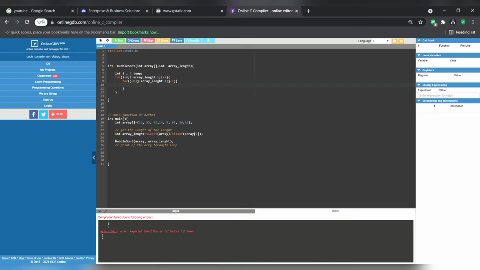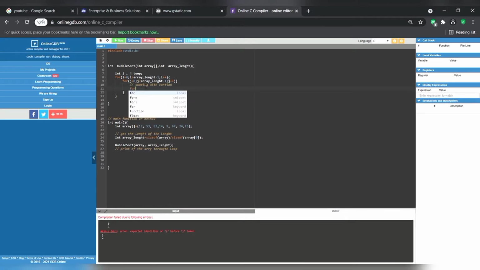So here I will take one if condition again. With the help of it we will check and swap these numbers. So I am commenting this here for your understanding. Okay.